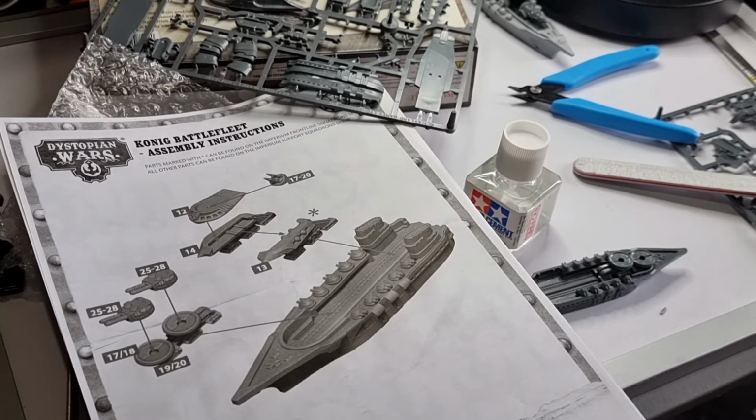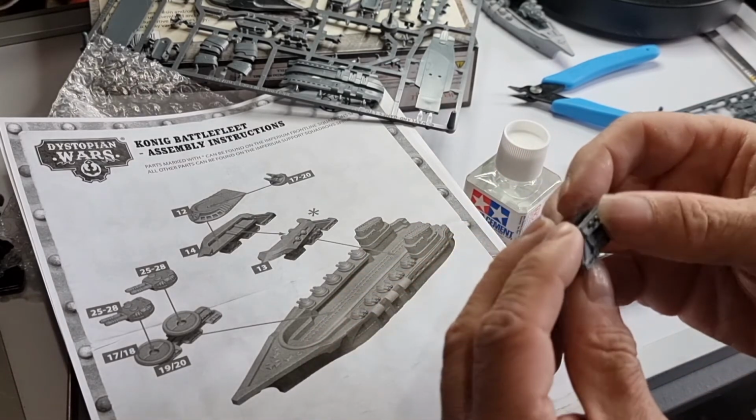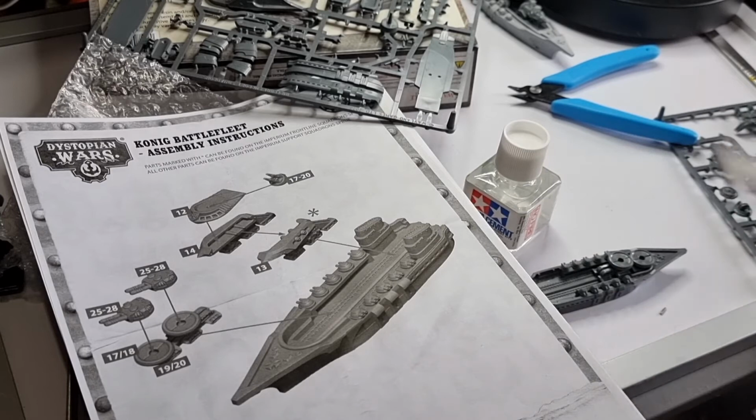There we go, like that. So the lugs line up and we just leave that there for the moment. Now I do notice that I do have a little burr of plastic on the back here. Now I'm just going to do this whilst it's still